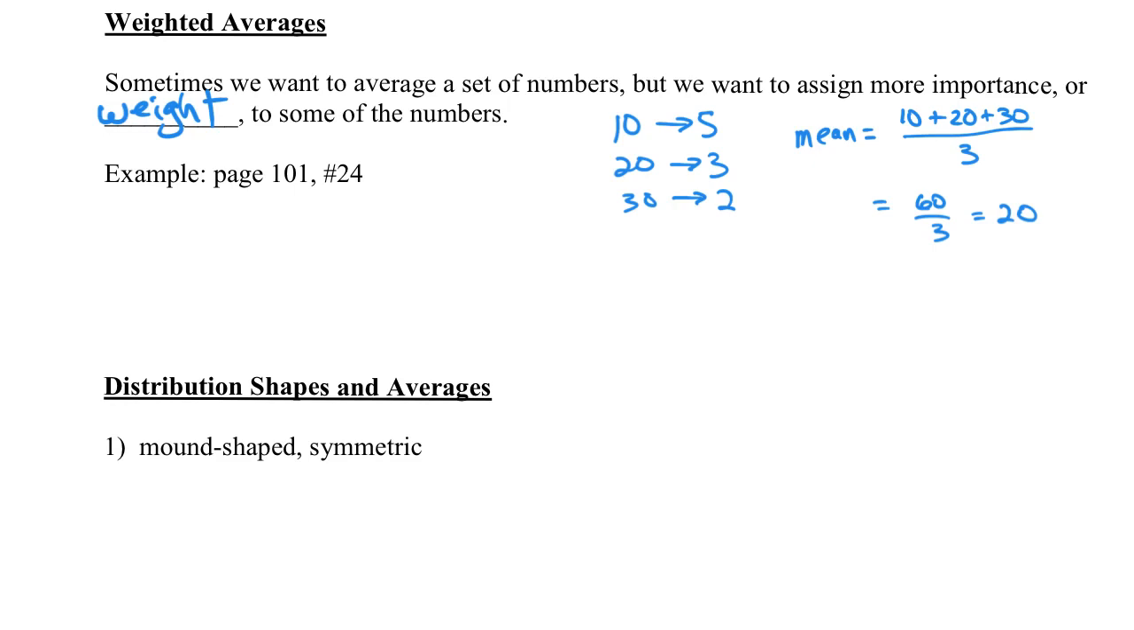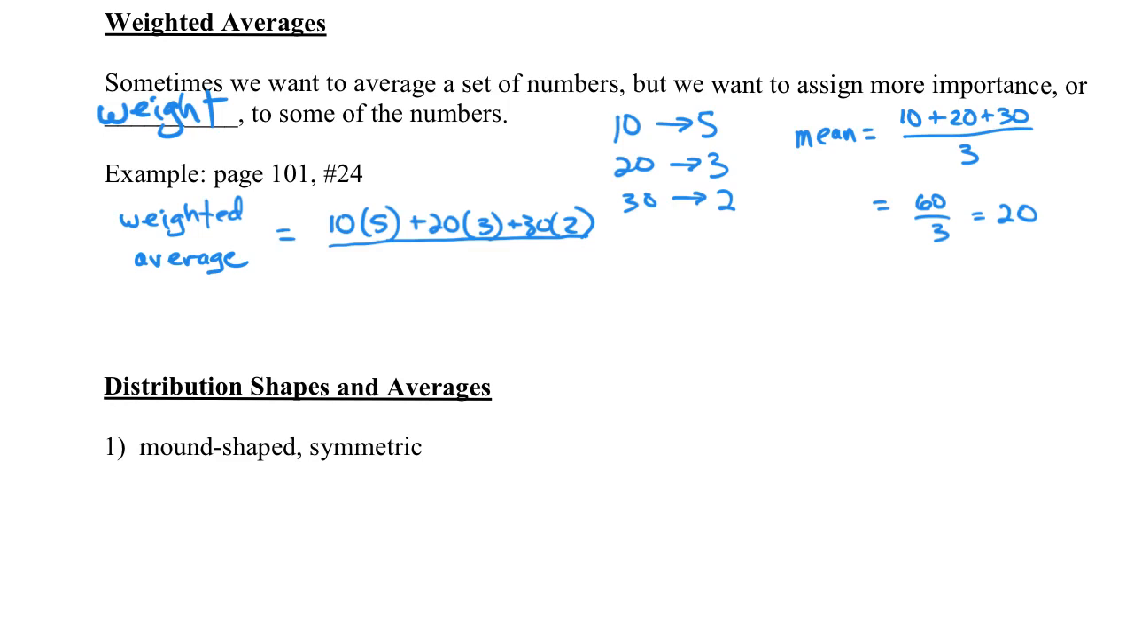So let's see how I'd find the weighted average. They say find the weighted average. We don't really have a symbol for that. We just call it weighted average. But what we're going to do now is do it this way. We're going to count that 10, but it's going to count 5 times. And then we're going to count the 20, and it's going to count 3 times. And then we're going to count the 30 twice. So we're going to add those up, divide by